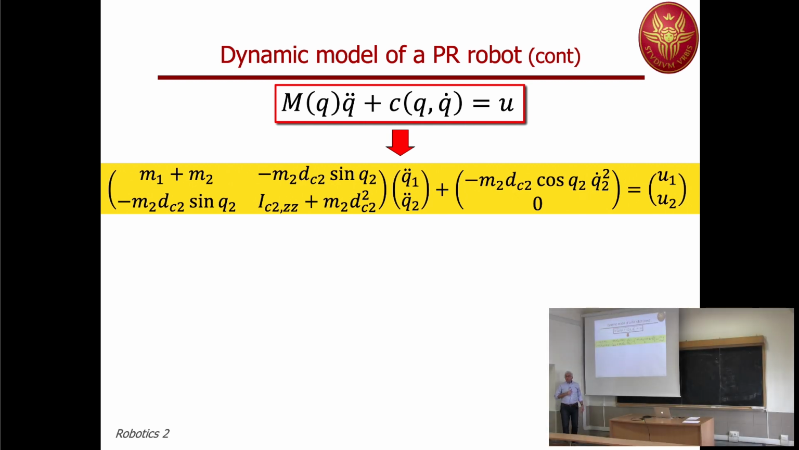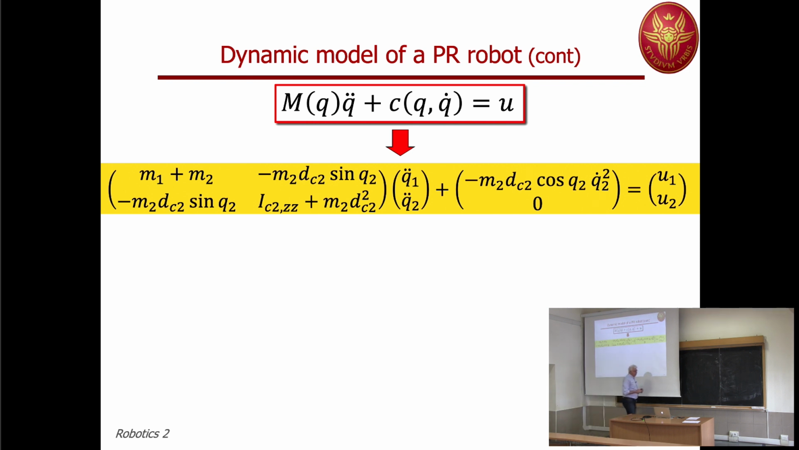There's no g of q because gravity is absent. We are considering the case in a horizontal plane. So the first part was immediately extracted from the kinetic energy. So the inertia matrix is the one that we have seen, multiplying the acceleration. And then from the C vector, only the first component is non-zero, and what is present there is a purely quadratic term of the second velocity. And on the right-hand side, we will put